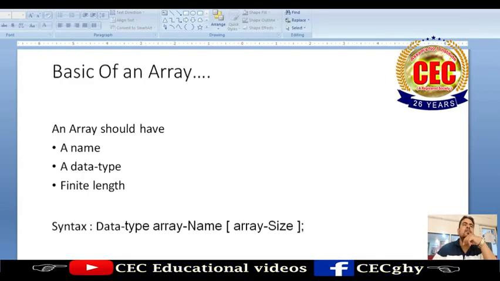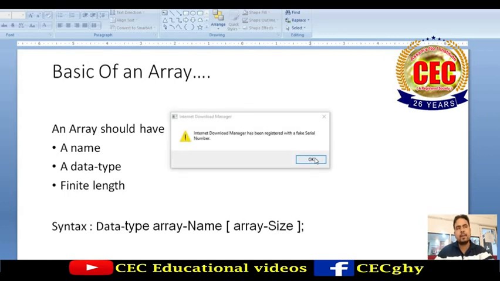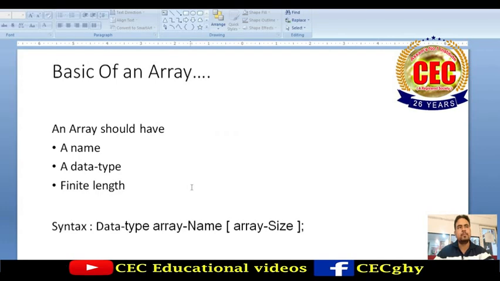The basics of an array: an array should have some properties. They are a name, a data type, and a finite length. Every array should have a name, and every array should have a data type, as we have shown with variables.